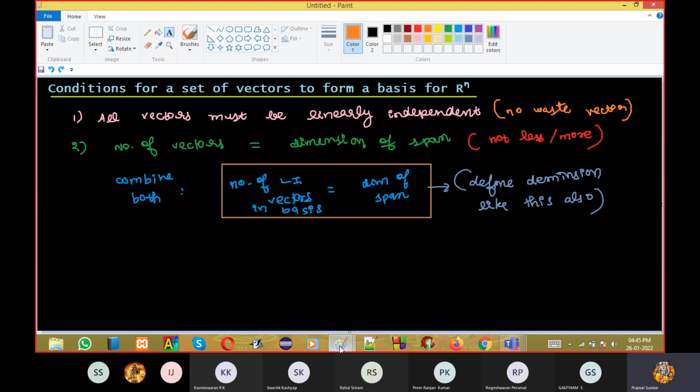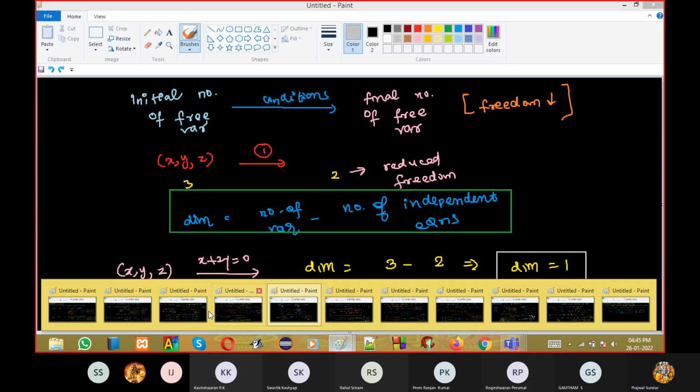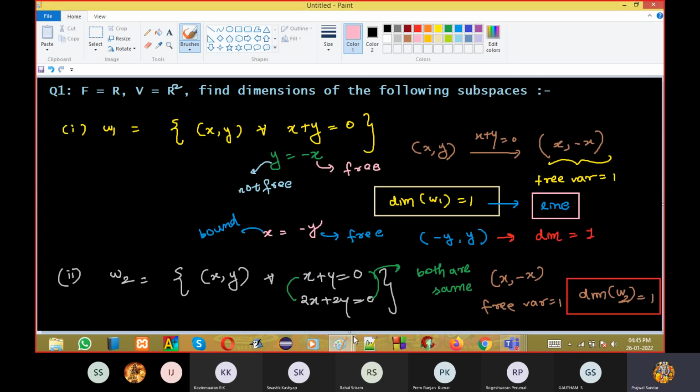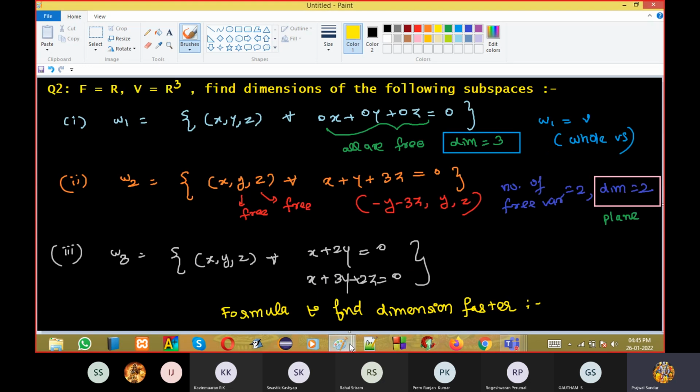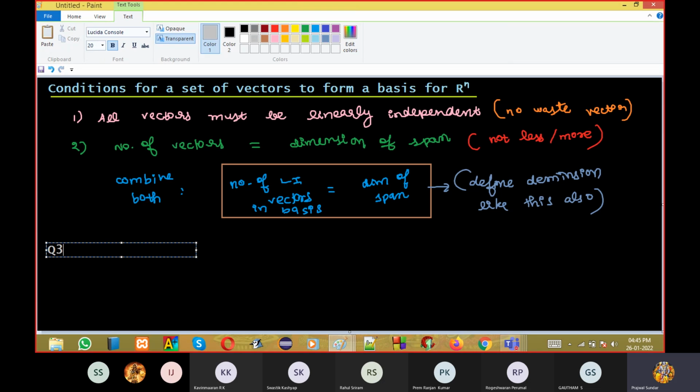Which question number is this? Question 1 on this, question 1. Question 2, I gave R cube. Okay, I'll give question 3 here. So I'm giving question 3. I'm giving the field as real numbers, vector space as R squared, and I'm asking